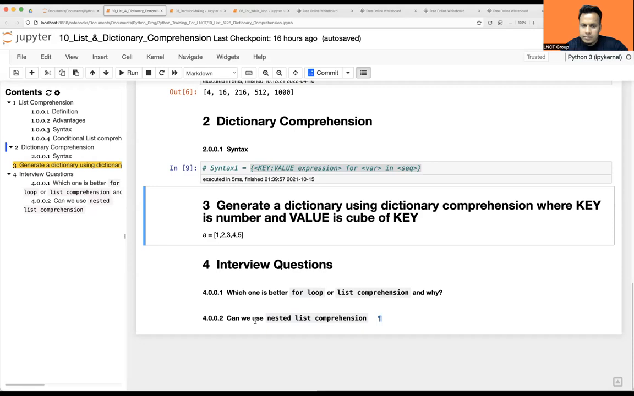So I can try it by putting the key and value expression and then giving the condition for variable, that is num, and sequence, that is A, and then further move it